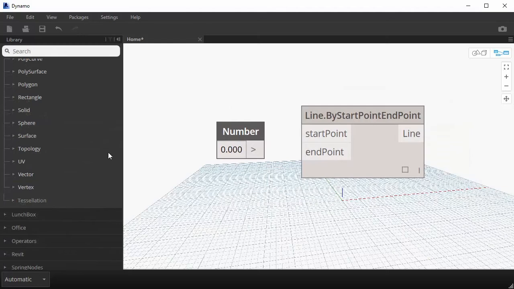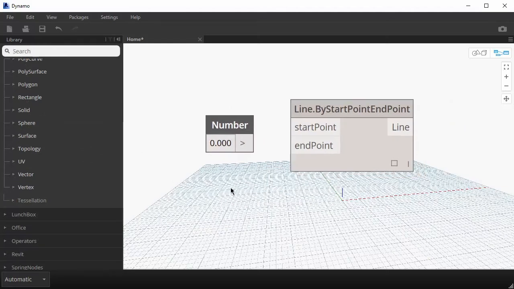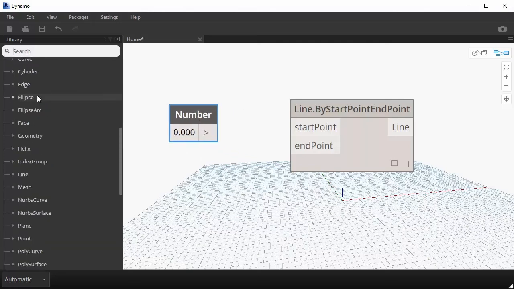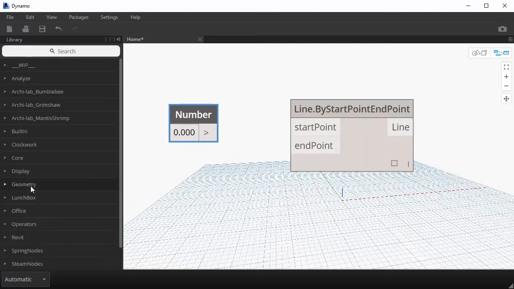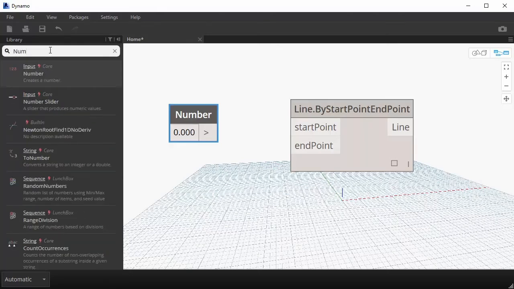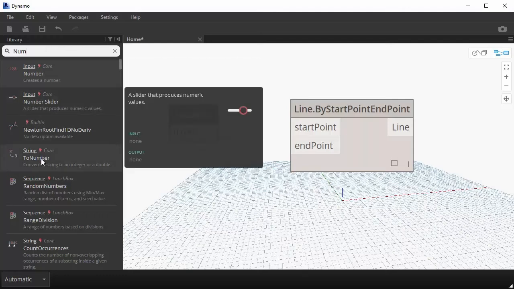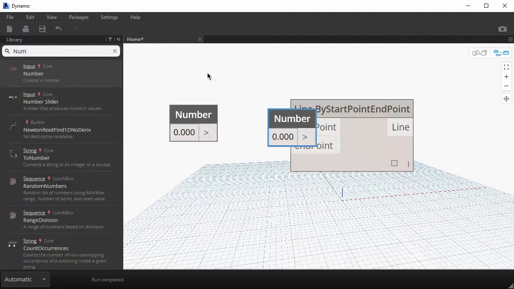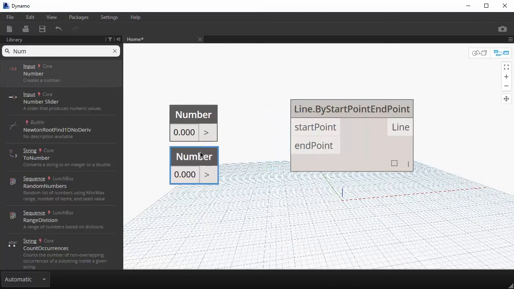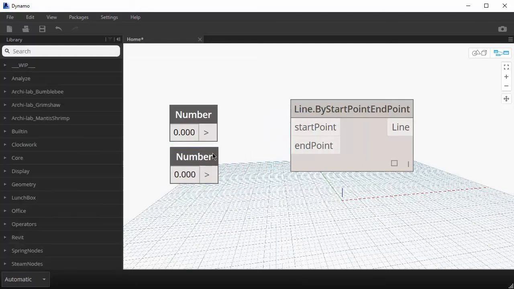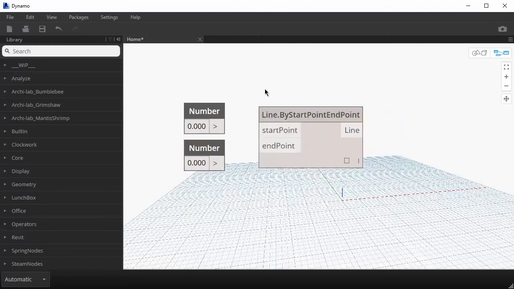Now that we know where the library is and how to access our nodes, the next thing that I want to explain really quickly is this main canvas space. So whenever you select a node, whether using the drop-down menus or whether you know the name of the node and you want to just type it in and search for it by name, it will filter them out by name for us. Whenever you click on it and it drops it on canvas, there's a couple of things that are pretty handy.